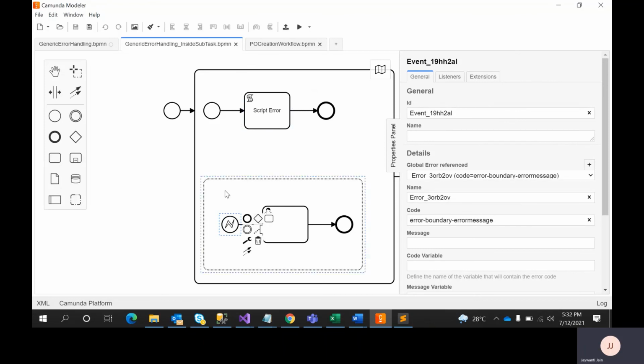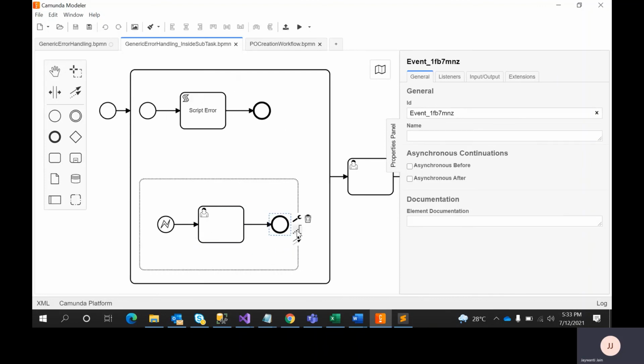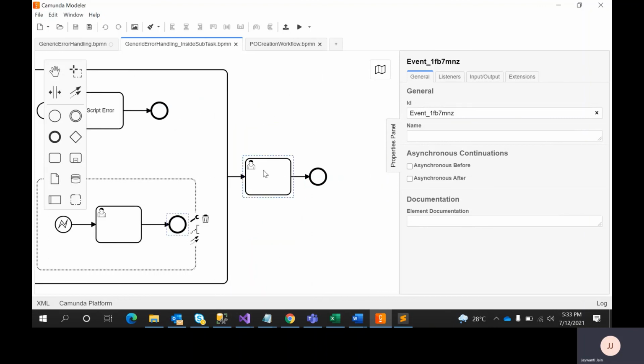Whenever this fails, it comes here, and it will execute this task, like a user task. In your case, you can add an activity log in the database that this script failed, or you can mail, or notify the UI through pusher that this activity failed, and you simply end the process. Once this is done, the control will come over here, and whatever activity is assigned next to this event will start executing, and it will end, and then it will execute the user task and end the process.